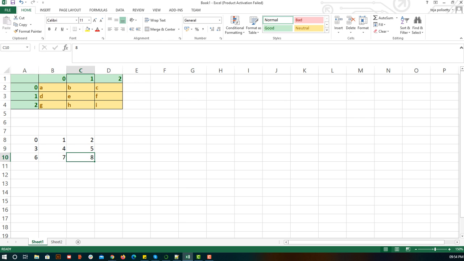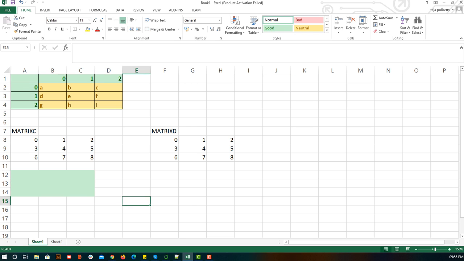Similarly we have one more matrix. Control C, Control V. This is our matrix C, and this is our matrix D. Let me change this to D. Now in matrix multiplication, suppose this is our result.